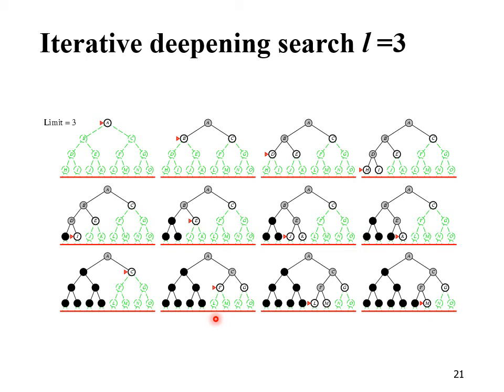If L and M are not the goal node, then you backtrack in this subtree and match with G. If G is not the goal node, then you open its successors N and O and match. If they are not matching, then you return that the goal node is not found. Otherwise, you can increase one more limit, L equal to 4.